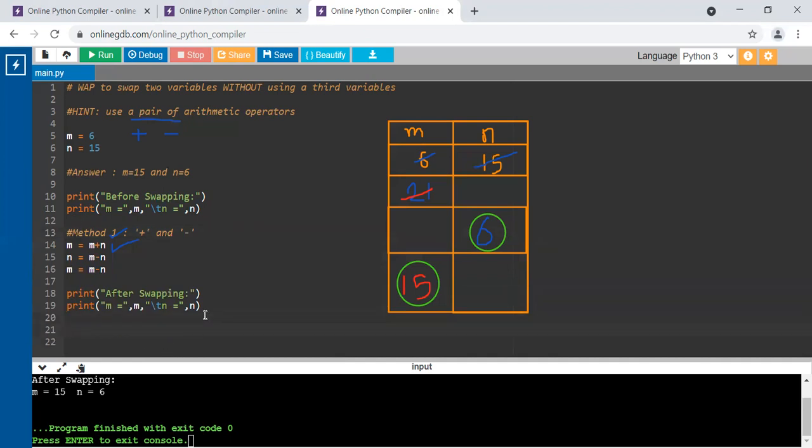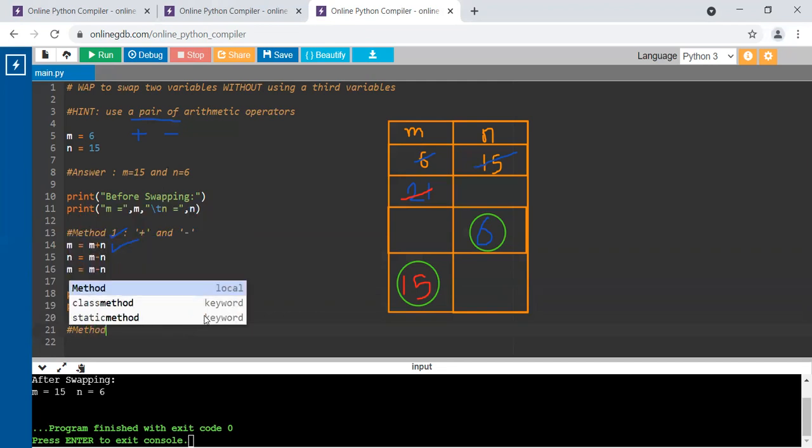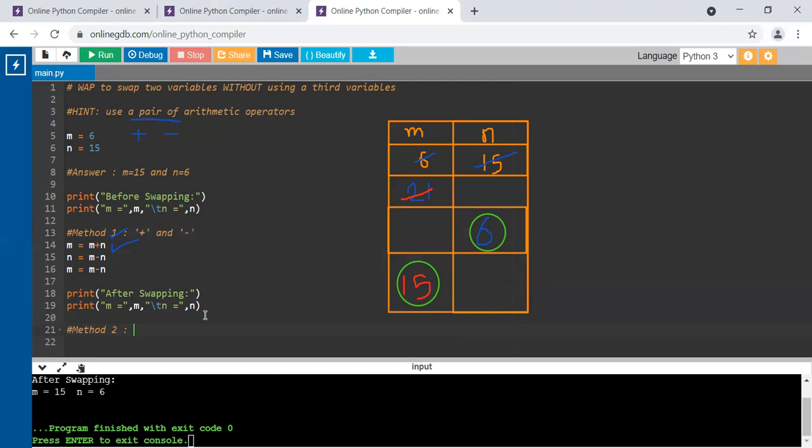Similarly, there is an alternative to do so. But again, it will be a pair of arithmetic operators. And if you're thinking in the right direction, you might have got the answer that it is multiplication and division.